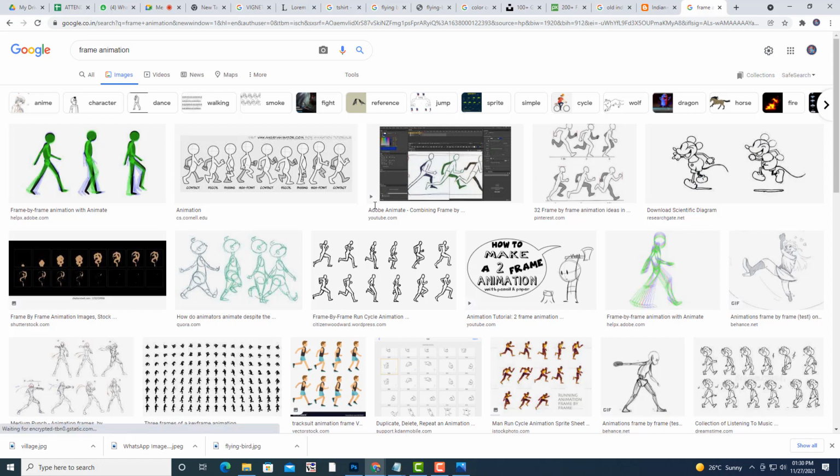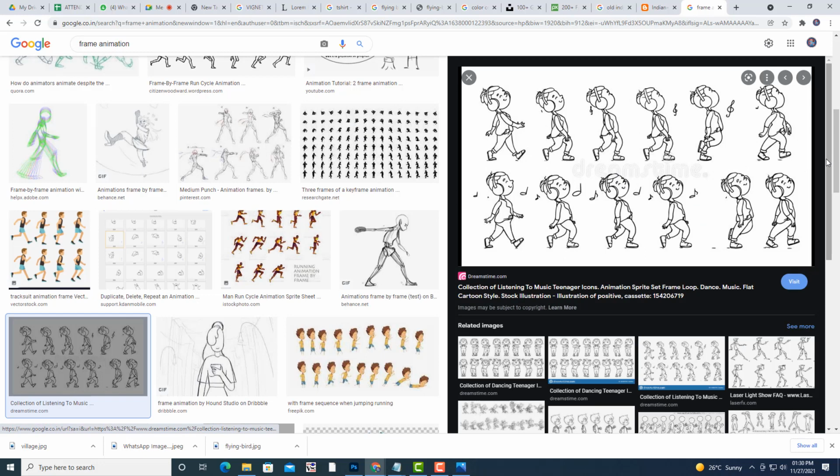See, I will tell you what frame animation is. You just observe here. These are all frame animations. Means, if I take these images, put them in separate layers and convert these layers to frames, you can see that this girl is walking like this. You can get that type of animation. So I will show you practically. See, this is the concept of animation actually.